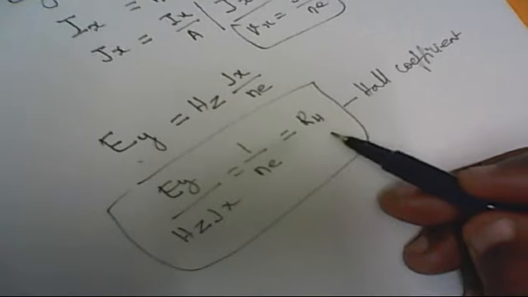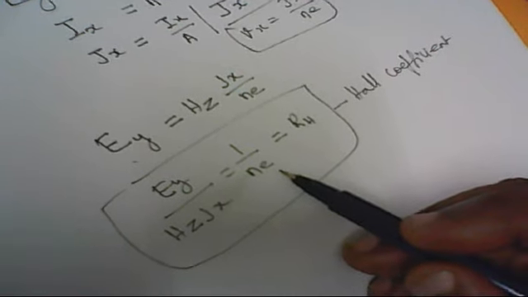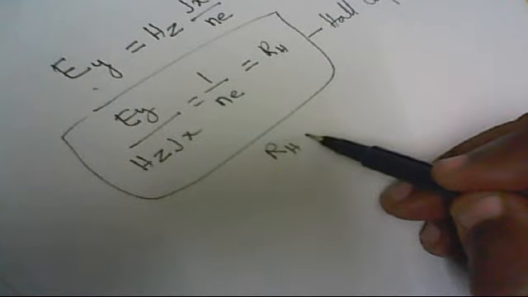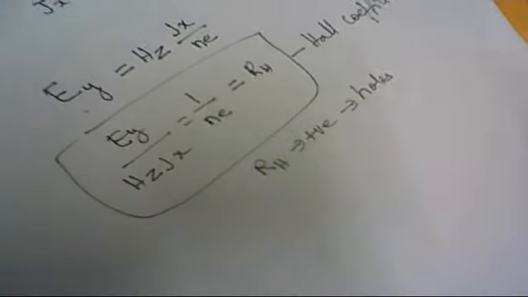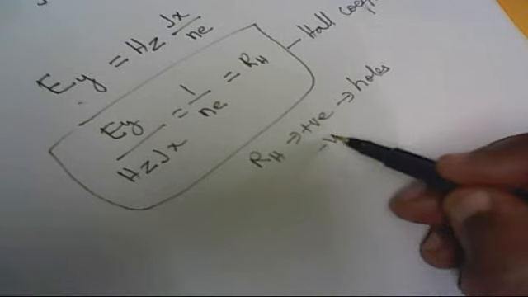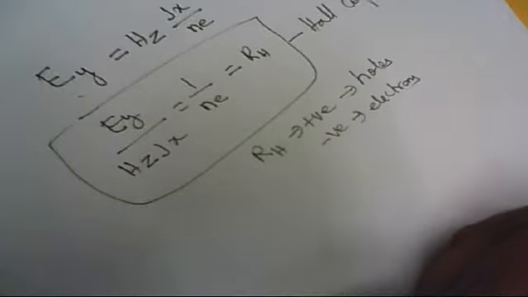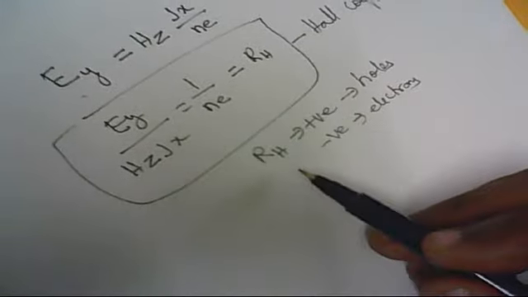So the Hall coefficient RH is 1 over the carrier concentration into the charge. If the Hall coefficient is a positive value, then the type of charge carriers are holes. If it is a negative value, then the type of charge carriers are electrons. Okay, so Hall coefficient is a very important parameter in the Hall effect experiment to determine the